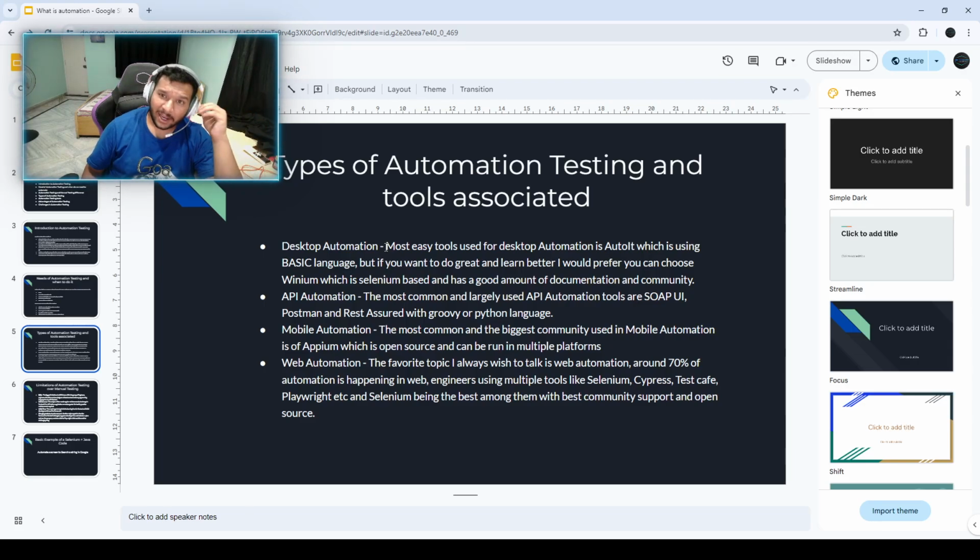Basic language is actually a basic language where you just need to write print and it will print. You want to download, it will download. So it's very basic in that case. But the standard in the industry that people are currently using, and I have also used